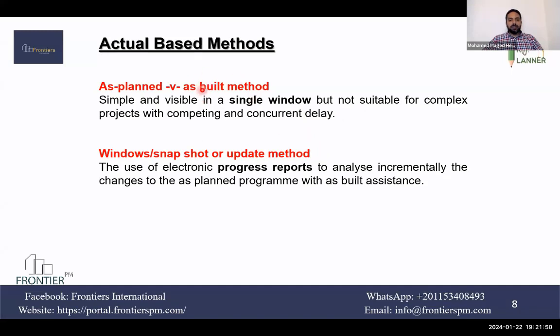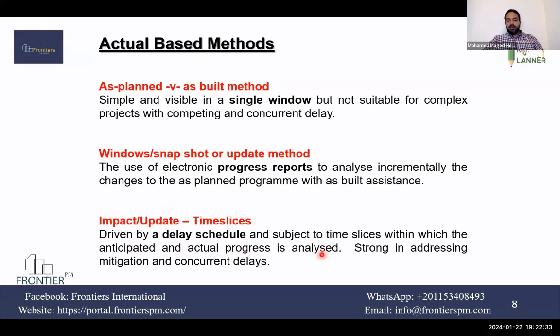Instead of having the as-built program, you have the updates and compare with the updates, or create the updates from the progress reports or the progress records and compare with the planned in windows as they are updates. Whether these windows are equal, like monthly, or not equal. This duration doesn't include many events, so you can skip this duration, compare 3 months, and then go for 1 month, based on the occurrence of events during the project.